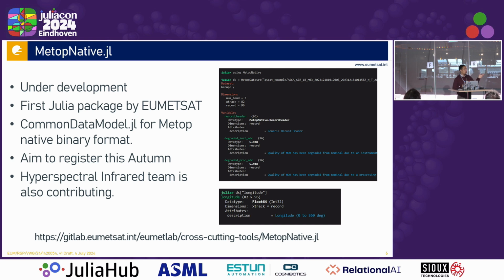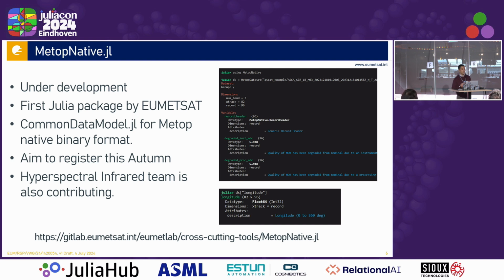It's also a way to make something that I and my team can use, but also to give the ability to share the tooling that we use at EUMETSAT to work with our data with the users, so they could use some of the same tooling.